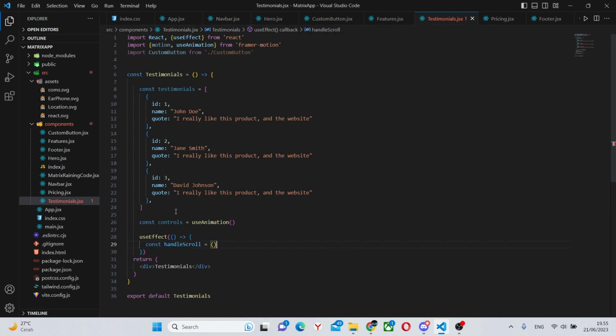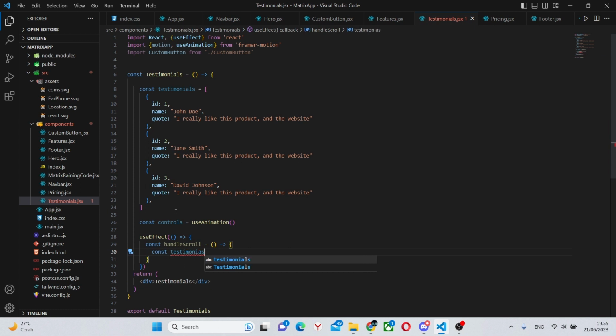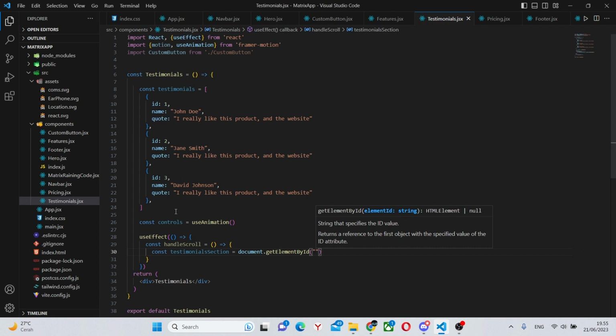This will be an arrow function, although you can create it as a normal function. And you can say const testimonialsSection equals document.getElementById and testimonials, like this.